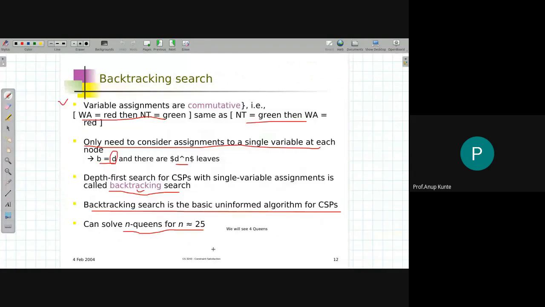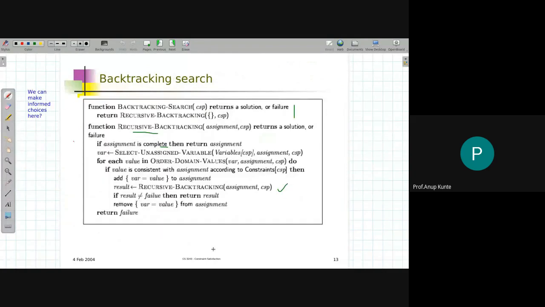Now going back to the algorithm's code. This is the backtracking search algorithm. Backtracking search is a recursive algorithm. You can see over here it uses recursive backtracking. So these are the two functions. This is the actual function that we will be calling, and this function internally calls this recursive version of a helper function, which actually houses the algorithm.